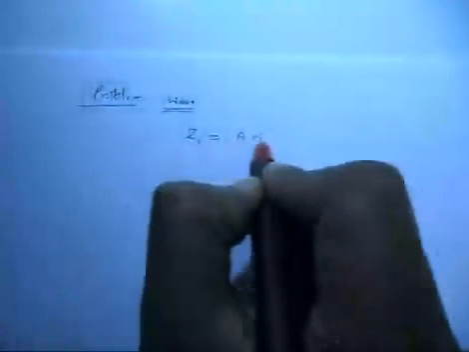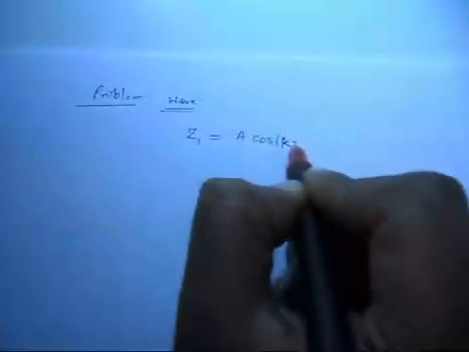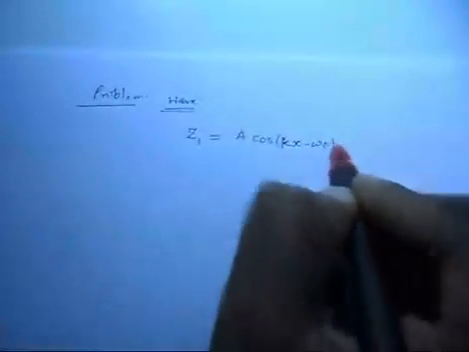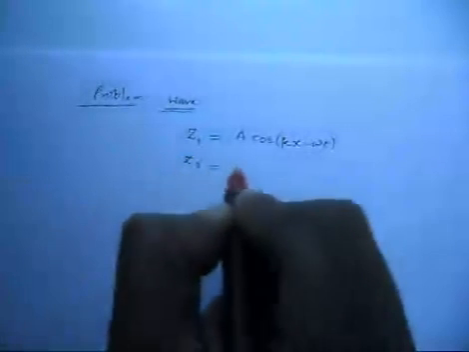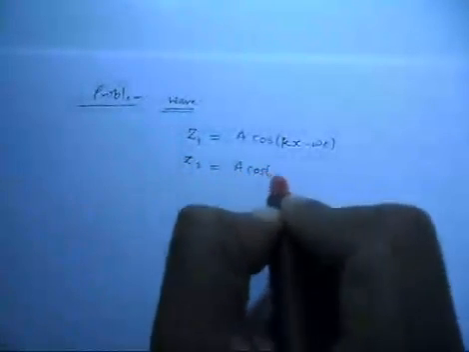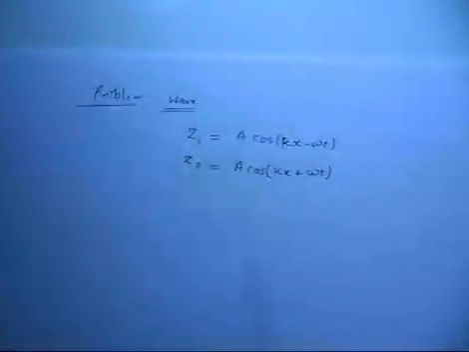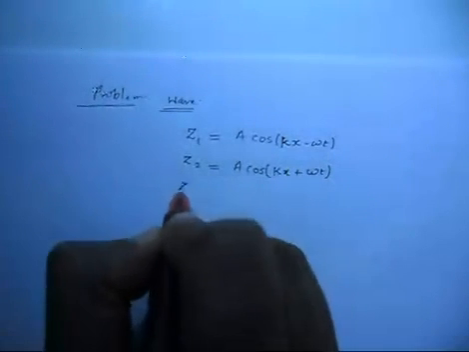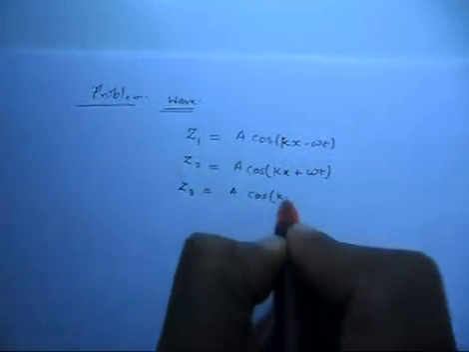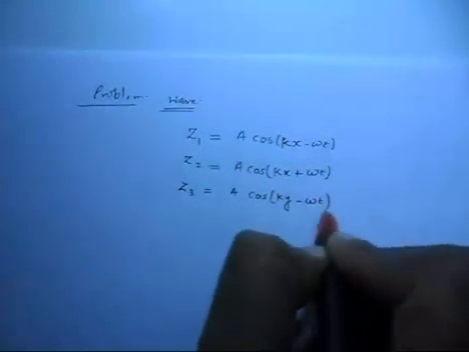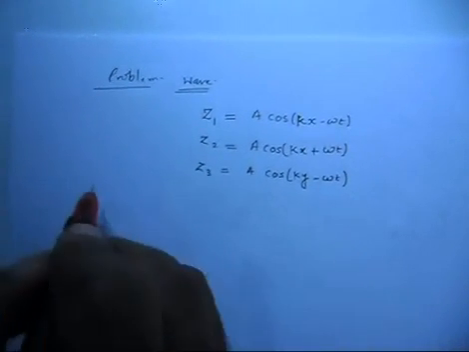This is a cos kx minus omega t. There is another wave Z2, given as a cos kx plus omega t. Now the third wave we have is Z3, which says a cos ky minus omega t. Now the first part of the question asks this: